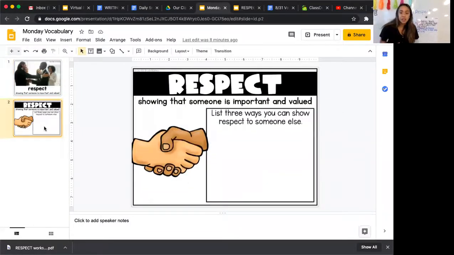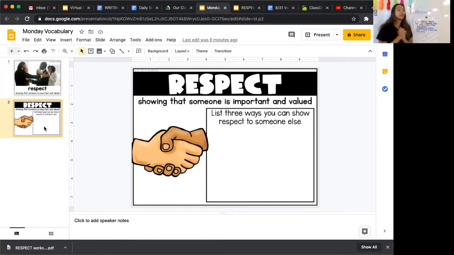This is the worksheet you're filling out today in Class Dojo. You're going to list 3 ways you can show respect to someone else. Okay, it doesn't have to be just your friends. It doesn't have to be just your teacher. It doesn't have to be just your parent. It can be to 3 different people if you'd like. You're just going to list 3 ways, okay? And if you can answer it in a text box, that way it's very clear for me to read. But if not, that's okay too. You can write. Just make sure that it's very clear, okay?